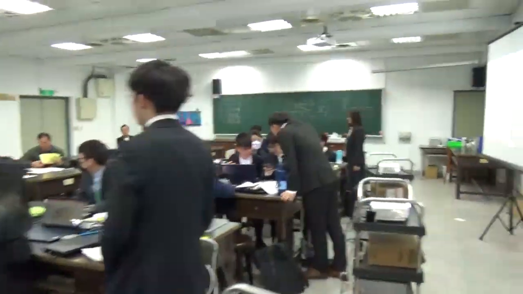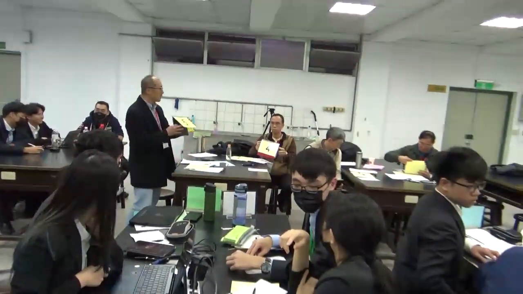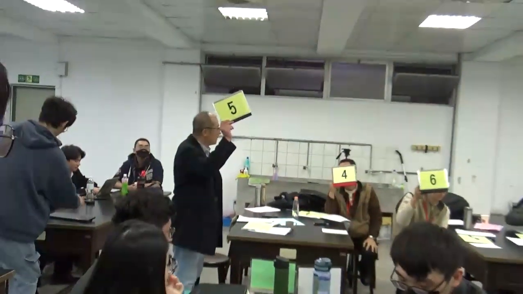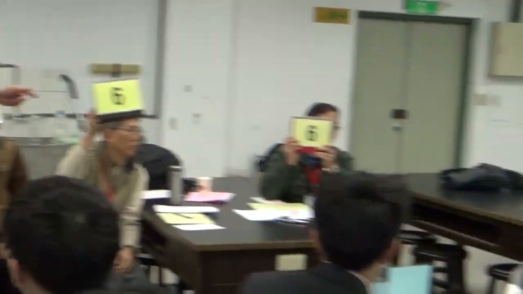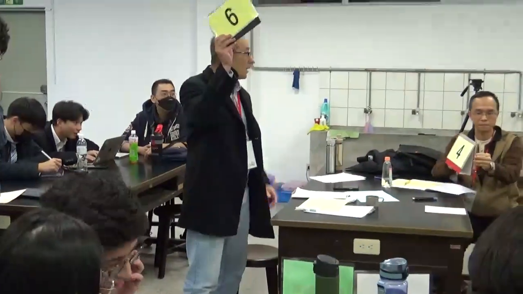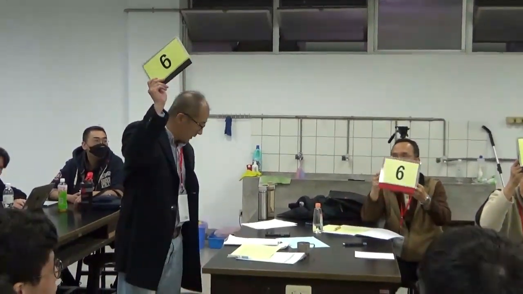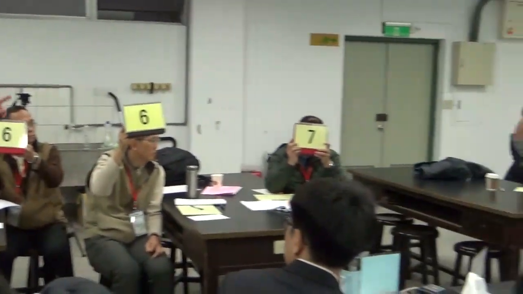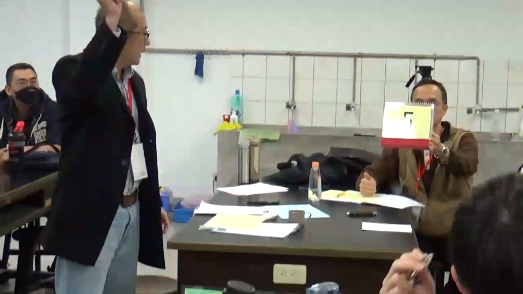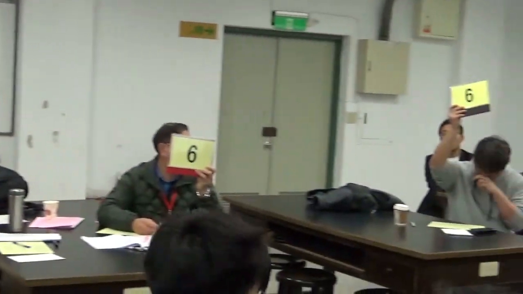So we will take a score for the report. Okay, score for the reporter. 5, 4, 6, 6, 7. Okay, the score for the opponent. Opponent. Okay. 6, 6, 6, 7, and 7. And the final one for the reviewer score. Okay. 5, 5, 5, 6, and 6. Okay, any question? If not, then we should